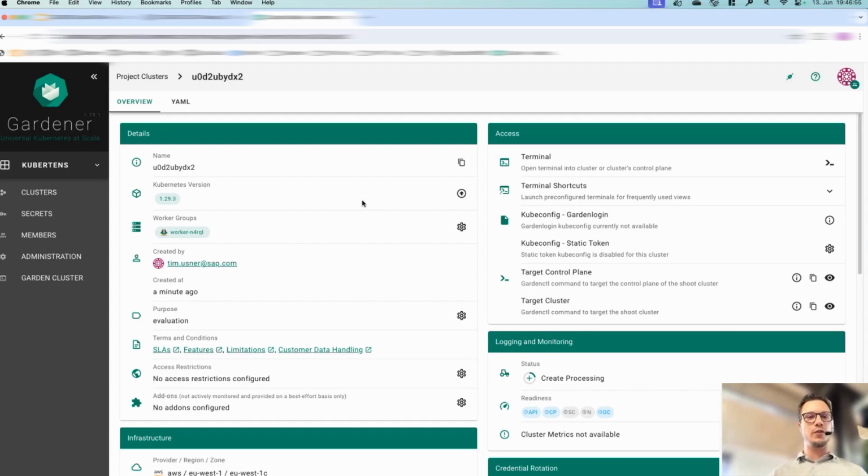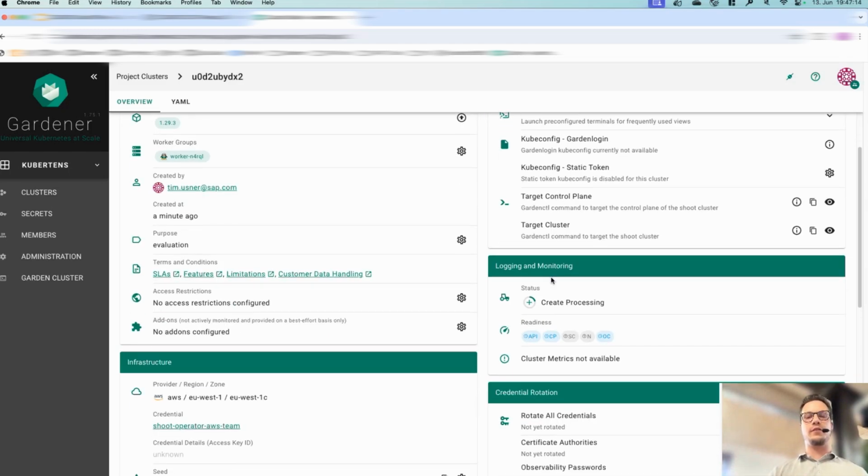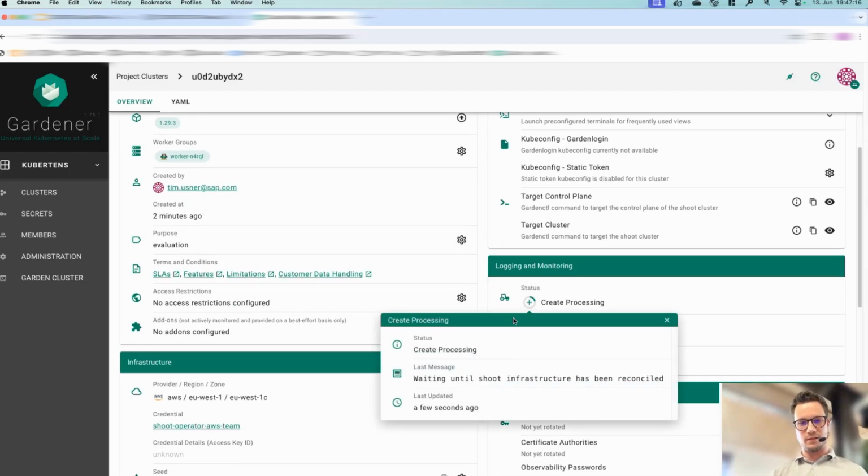It creates the control plane on this hosting cluster, on the seed. And it also takes care of creating the machines, the network, the data plane, or the management stuff that needs to be in the shoot cluster. I'll also show you that in a second. And all that stuff now happens in the background. And you have here, of course, this nice bubble or identification of how much the process